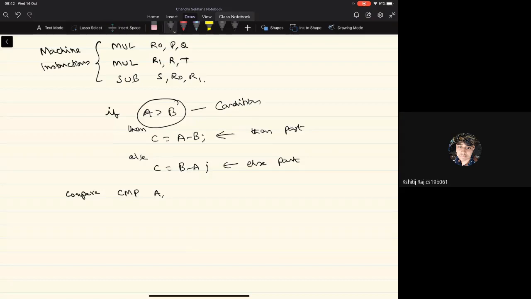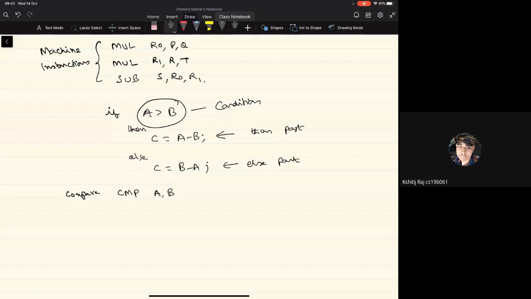It will take two operands, A and B. What do we want to know from this comparison operation? We want to determine the relation between A and B. What are the possible relations?